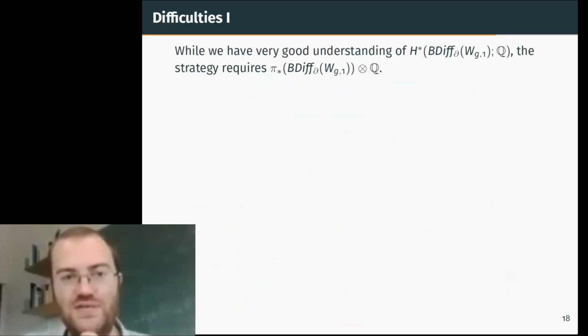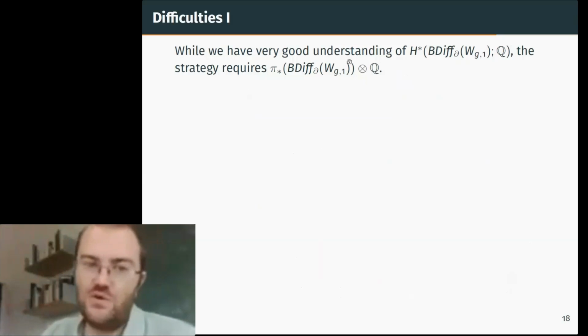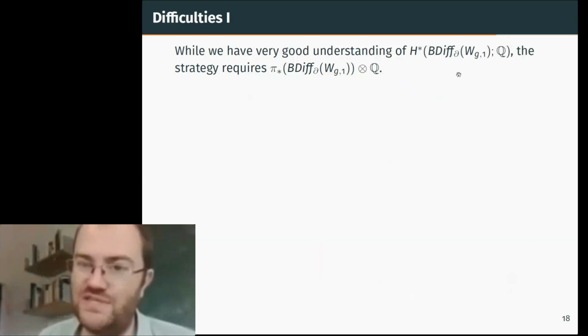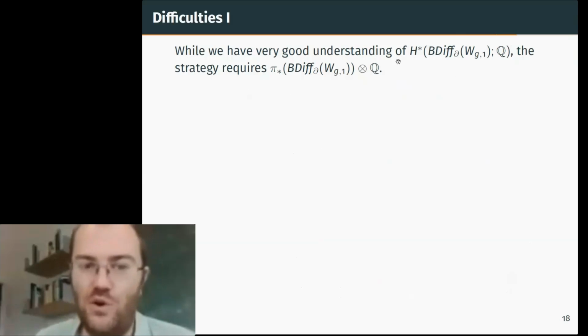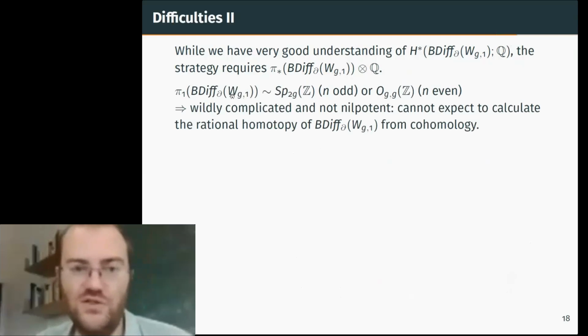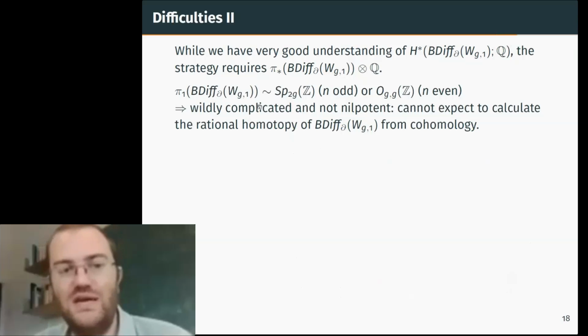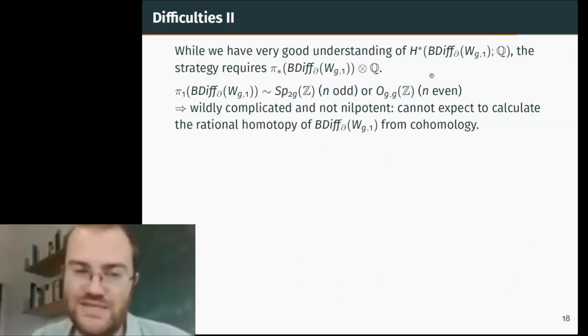And the second difficulty is that while by these theorems of Madsen–Weiss and Galatius and myself, we have very good understanding of the cohomology of these diffeomorphism groups, the method, as I outlined it, needs to know the homotopy of the diffeomorphism groups. And in general, those are quite different things, but here, the fundamental group, in other words the mapping class group of this manifold, is close to being basically either the symplectic group if n is odd, or the orthogonal group of a form of signature g,g if n is even. So it's a big arithmetic group.